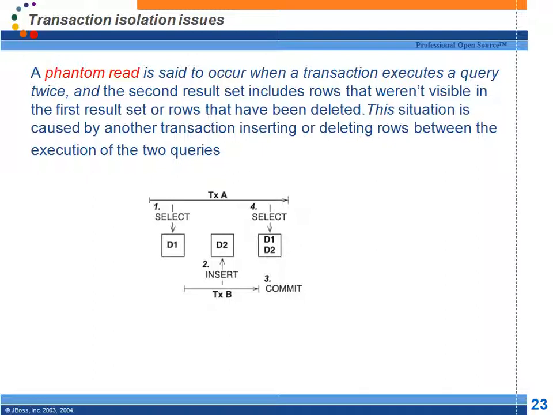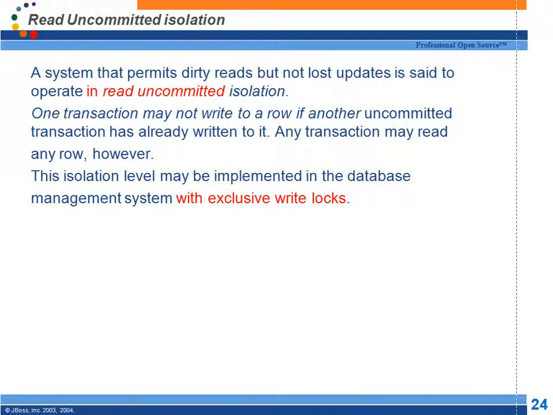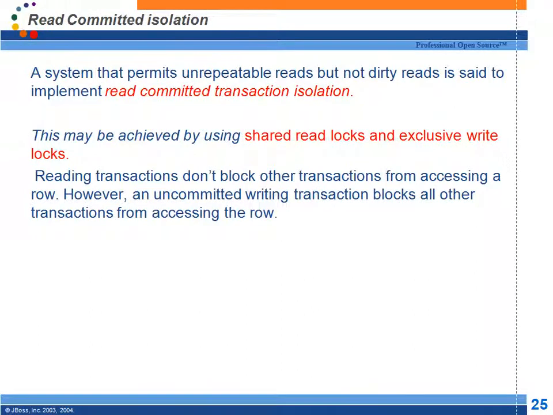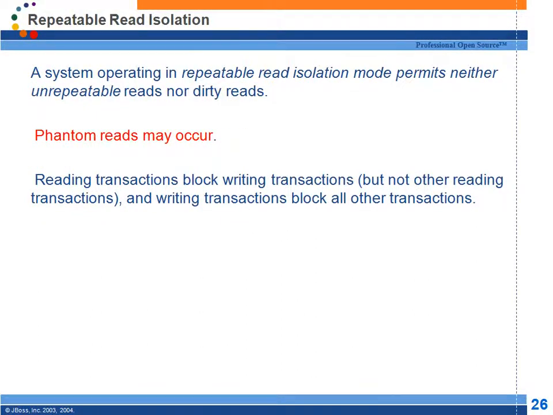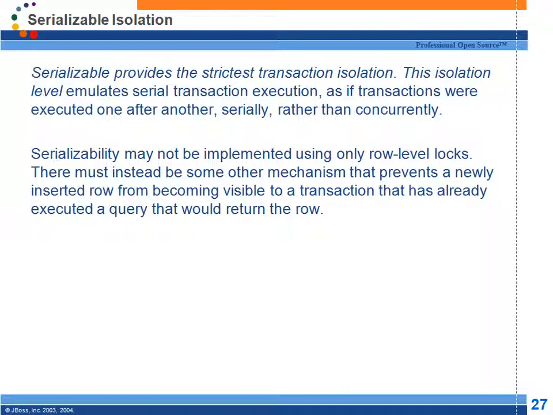Now generally in databases, first of all, forget about Hibernate for some time. To avoid these transaction issues, we have to configure the database to one of the isolation levels. There are 4 isolation levels possible. The first isolation level is read uncommitted isolation. This isolation level avoids some of the concurrency issues, but some concurrency issues will still be present. Similarly, read committed isolation, repeatable read isolation, and serializable isolation. These are the 4 isolation levels.